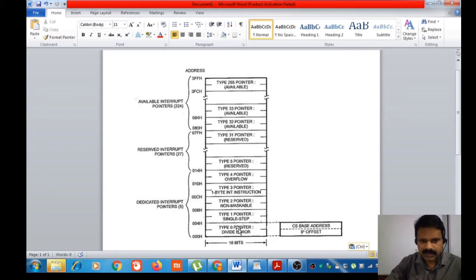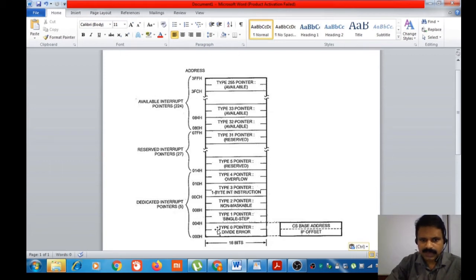It can recognize 256 different types of interrupts. So the total space for the interrupt vector table is 256 into 4, 4 bytes for each interrupt vector. So 256 into 4 bytes, that is 2 raised to 10, the first 1K bytes for the interrupt vector table.